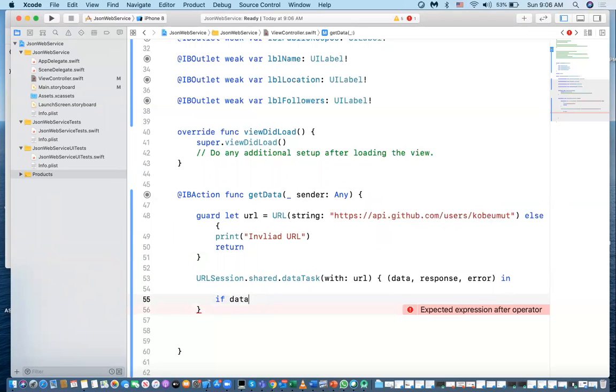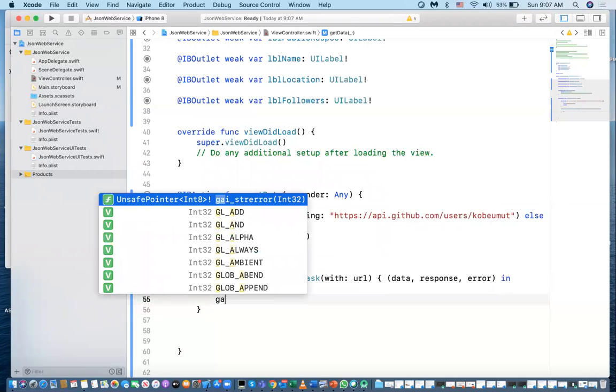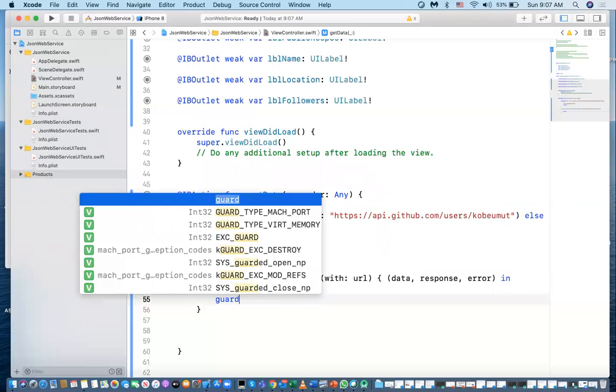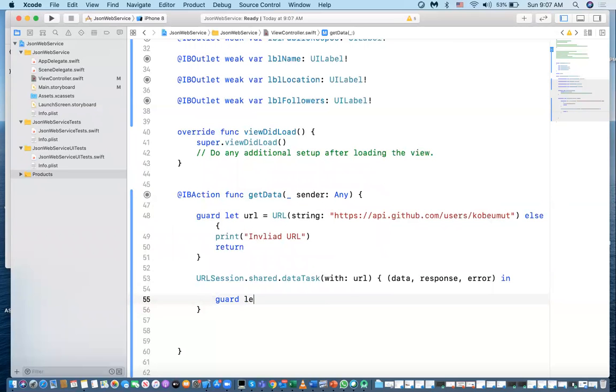Or you can do the other example, which is what? Guard let data again. Let data equal, you can call it result, so you don't confuse yourself. Result equal data, else again you can put an error message,